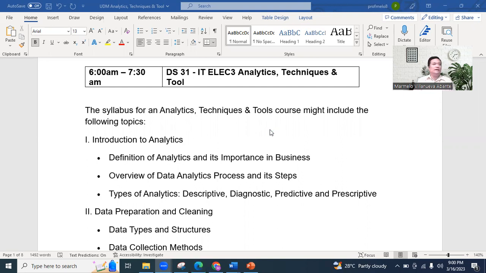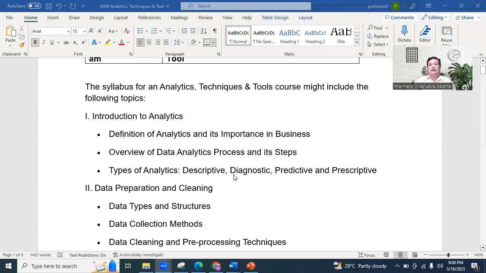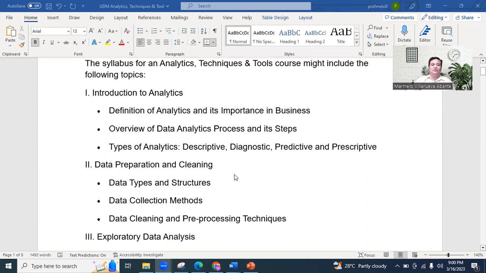So the syllabus for an analytics, techniques, and tools course might include the following topics. Introduction to analytics, the subtopics include definition of analytics and its importance in business, overview of data analytics processes and its steps, types of analytics, which we already discussed in our introduction to analytics last semester. I hope that you still remember those topics that we were able to discuss last time, and of course,